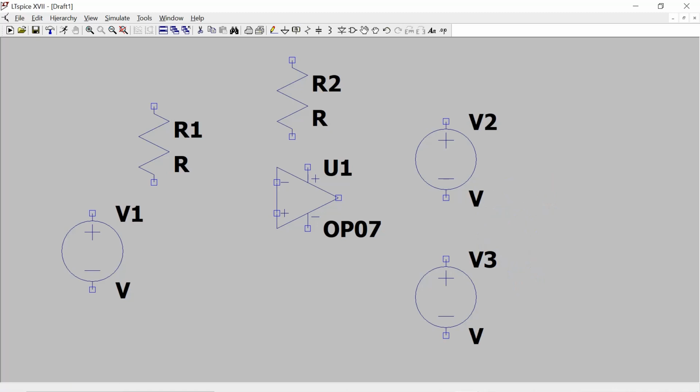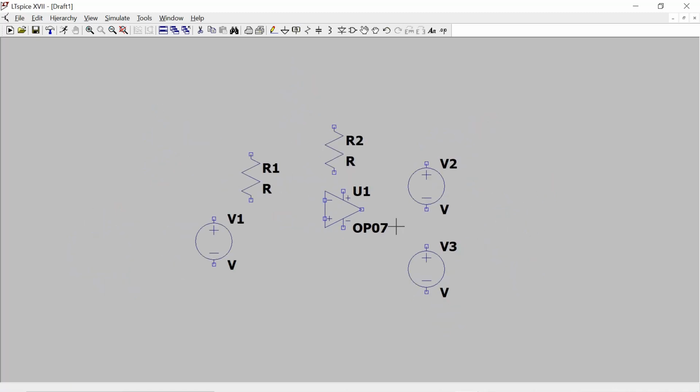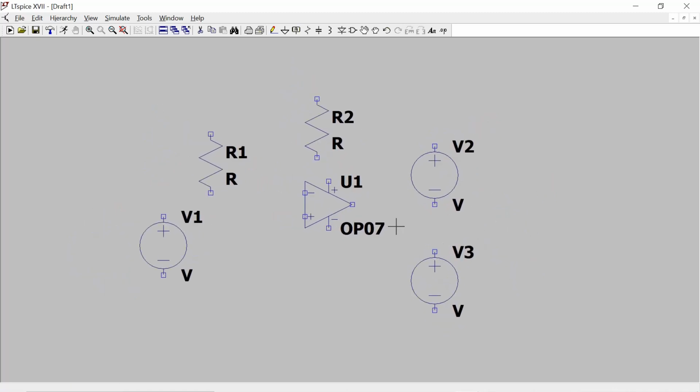The non-inverting terminal has to be grounded because we are making an inverting amplifier connection. Plus VCC needs to be grounded, minus VCC needs to be grounded, and then press escape.